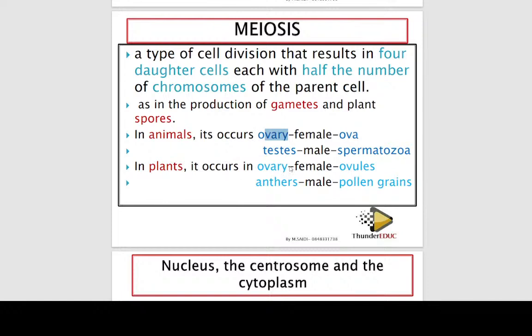In plants, the female ovary, what does it produce? Ovules. And then in male plants, the anthers, what do they produce? The pollen grain. So you see,